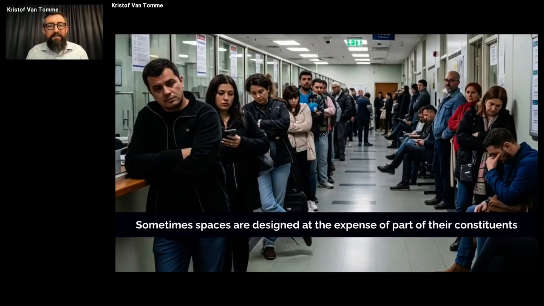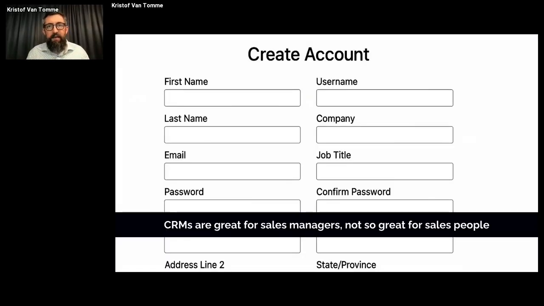But some of these spaces are not designed for everybody. Some of these spaces are designed for some of their users as a primary target group, and some of the constituents are pushed back. Sometimes that's just how things are, like in a CRM today.